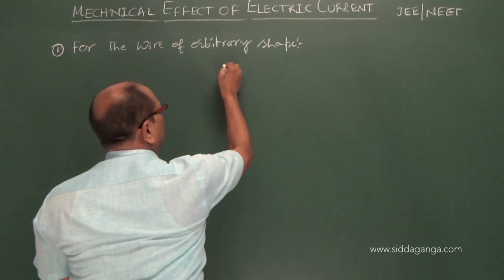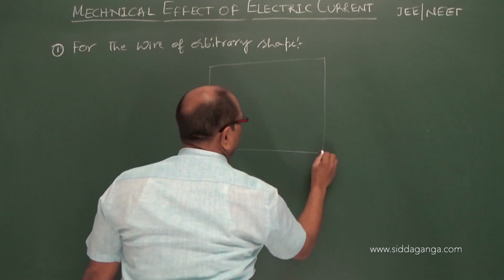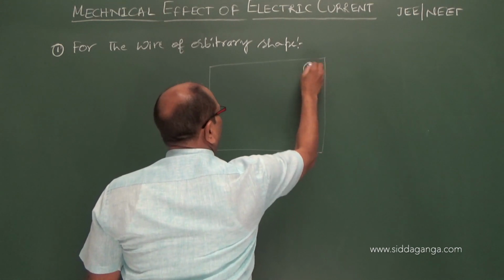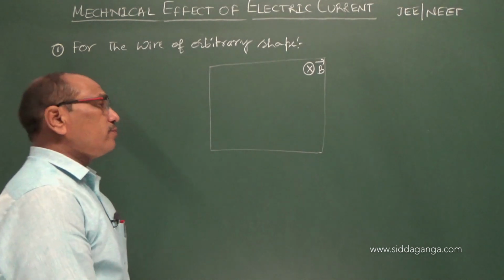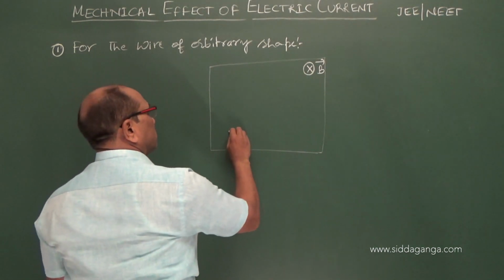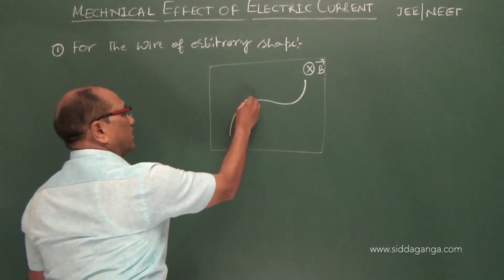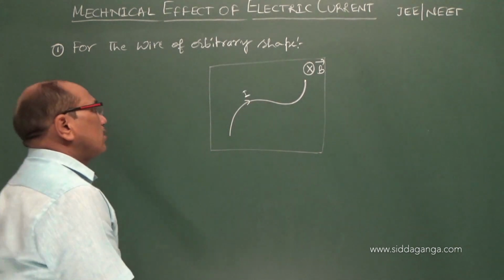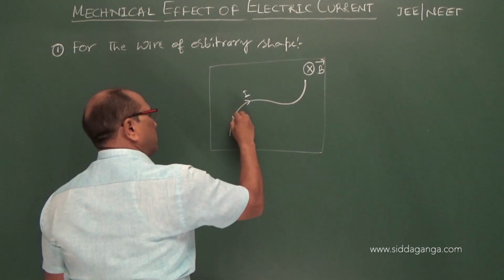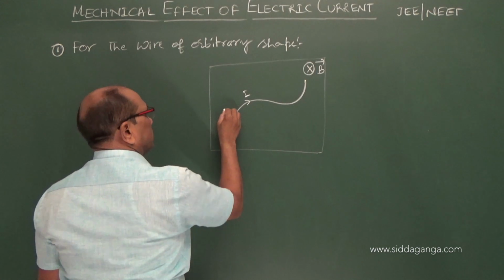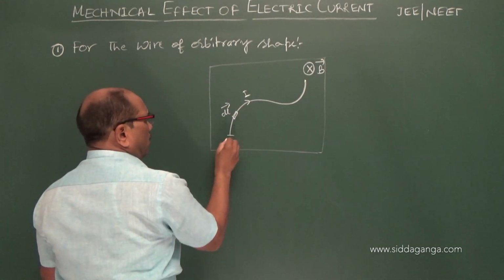Let us take a case where the field is uniform into the board. A magnetic field is applied into the board, and the wire is having some shape like this, carrying the current I. In such cases, I have to consider a small elemental length dl, carrying the current I, extending